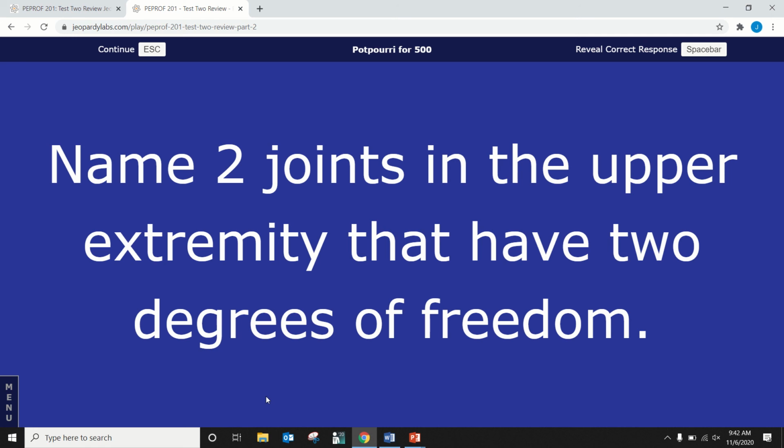So that's a joint, or one plane. Yeah, this is a tough question. All right, so I can think of 3 offhand. What's that? Radiocarpal is one. Yep. So radiocarpal joint, you can